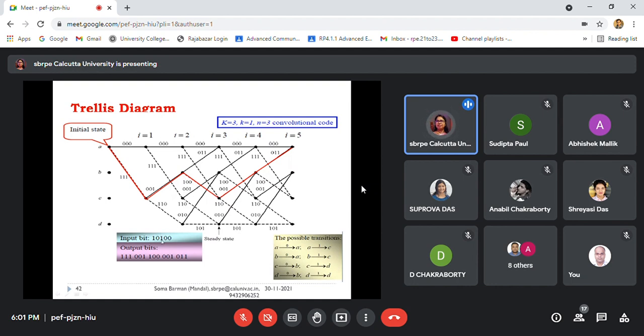So for the 1 bit, it is 1, 0, 0. Next, the lower path: when you have chosen, you have reached the node C. In the C node, there are also 2 paths. One is in the D direction and the other is in the B direction in the next stage.